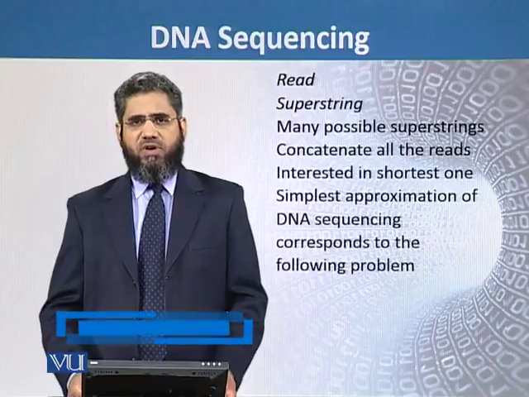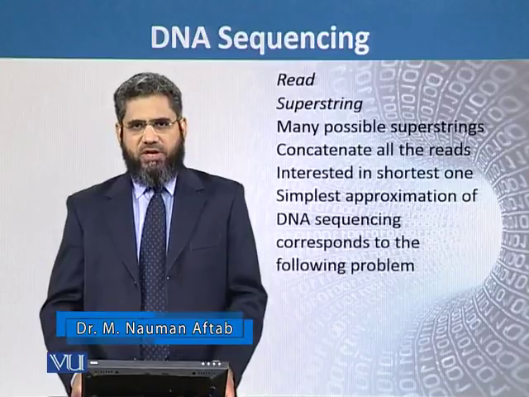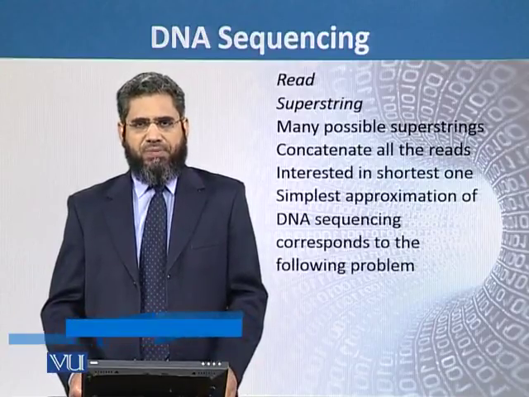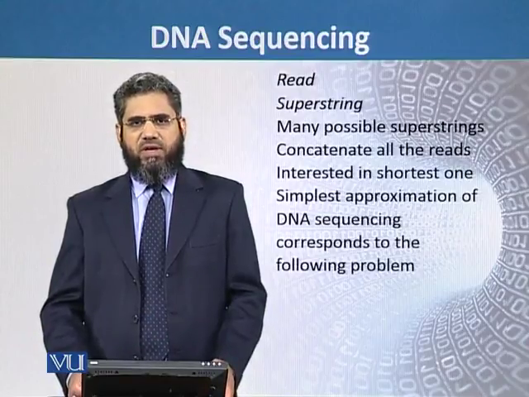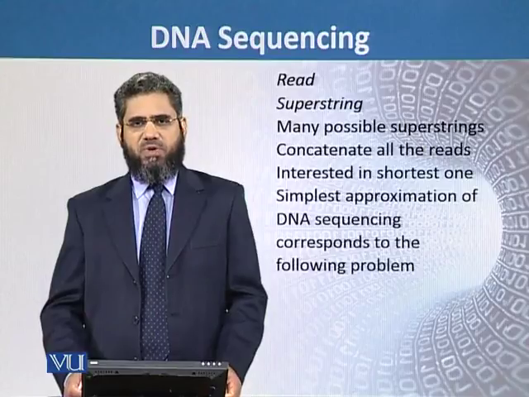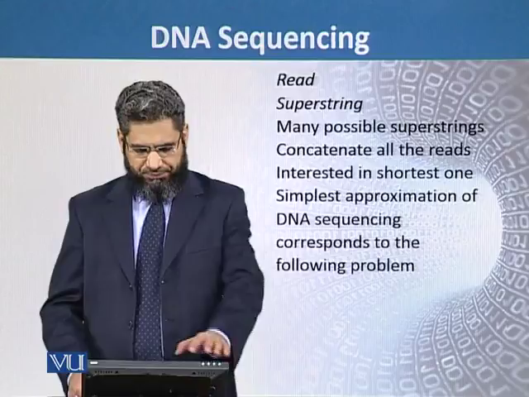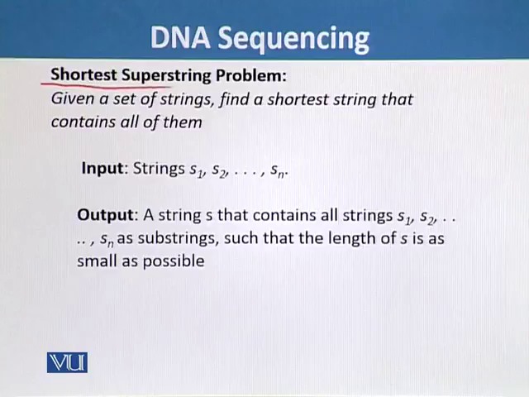But there could be different sizes of superstring, and one could be interested in obtaining the shortest possible superstring, and by obtaining that shortest superstring we can say that this is the first approximation of the longer genomic sequence. To obtain the shortest string we have to use some algorithm, and this algorithm is known as the shortest superstring